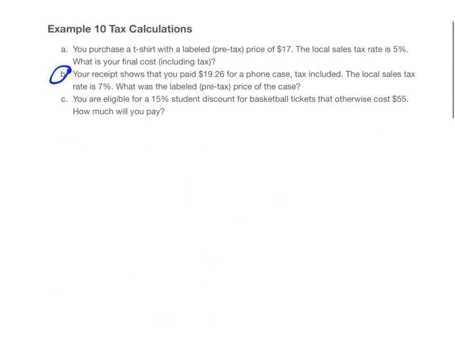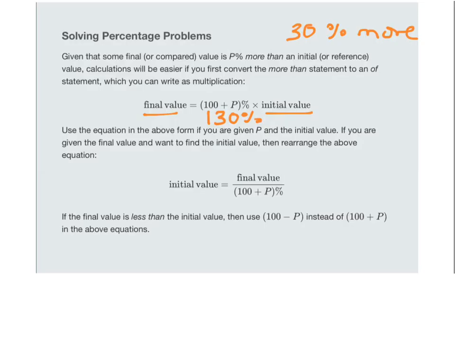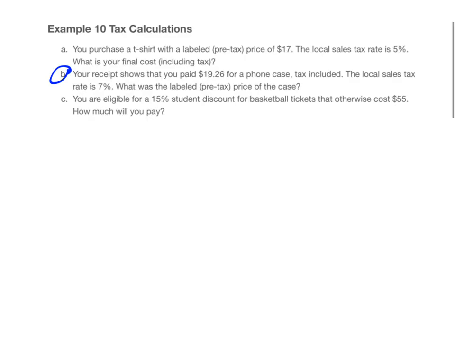In Part B, your receipt shows that you paid $19.26 for a phone case, tax included. The local sales tax rate is 7%. What was the labeled pre-tax price of the case? All right, so let's use this equation from the textbook that the final value is 100% of the initial value, where P stands for the percent more than or less than. All right, so we know that the pre-tax price,